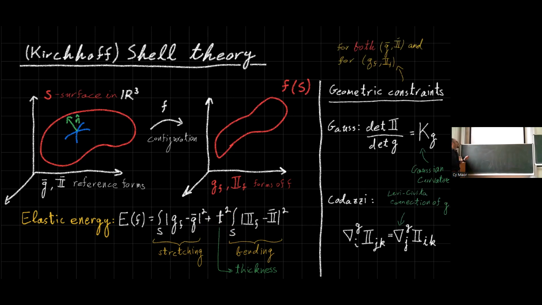But note, and this is an important note, that the first and second fundamental forms are not independent. They completely characterize the surface, but they are not independent in the sense that they are related by the Gauss-Codazzi system. So the Gauss equation tells us that the Gaussian curvature associated with the metric g is the determinant of the second fundamental form. And the Codazzi system tells us that if we take the covariant derivatives with respect